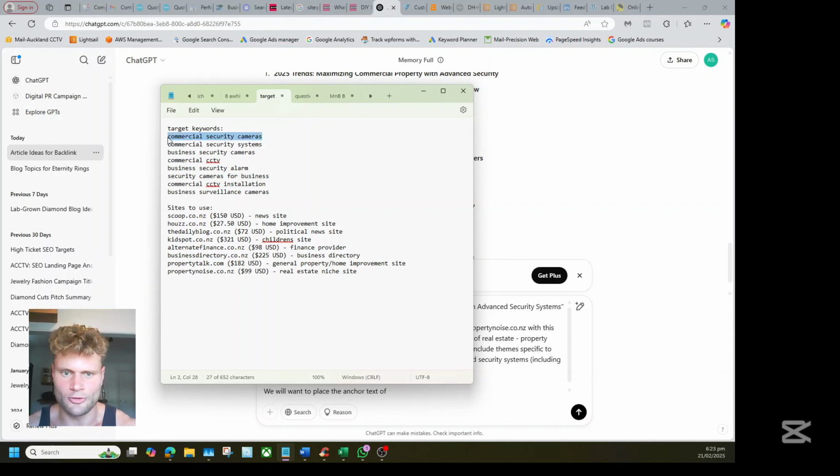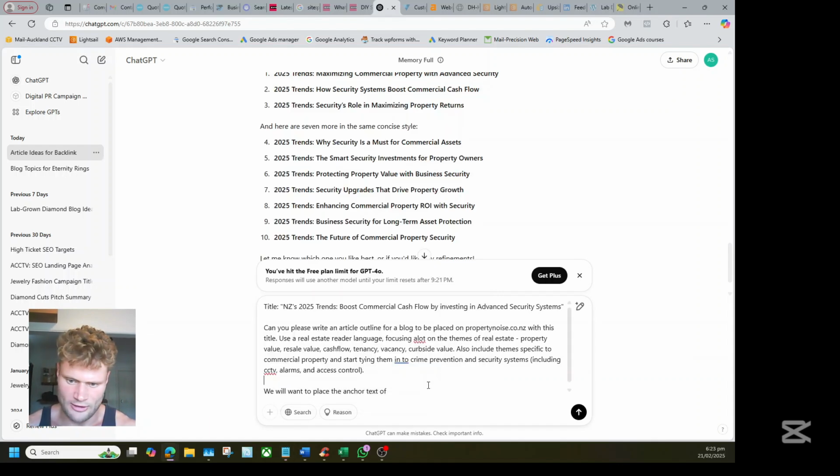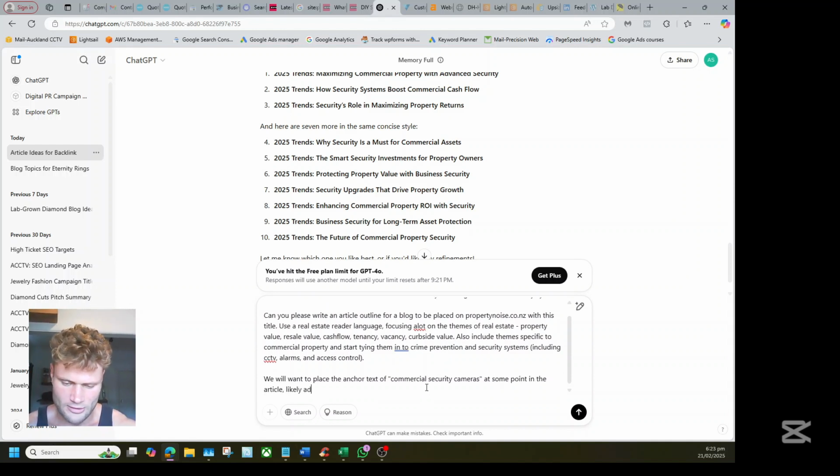Yeah, let's just go with the first one. We want to place the anchor text of commercial security cameras at some point in the article, likely adjacent to the keyword optimised CCTV, perhaps in a fashion of